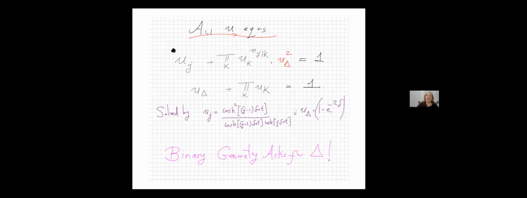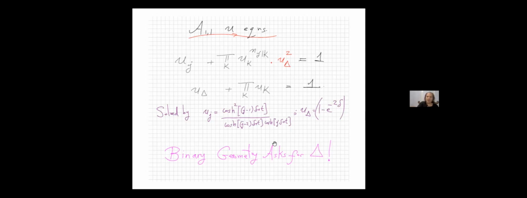So these are the binary equations for A11. There are these infinite equations. We need this extra U delta, otherwise it wouldn't work. And they're just solved. Here's the solution. I've written again the solution for Uj and U delta in terms of little delta and T. Again, U delta doesn't depend on T. So we have these explicit U variables that satisfy these binary equations.